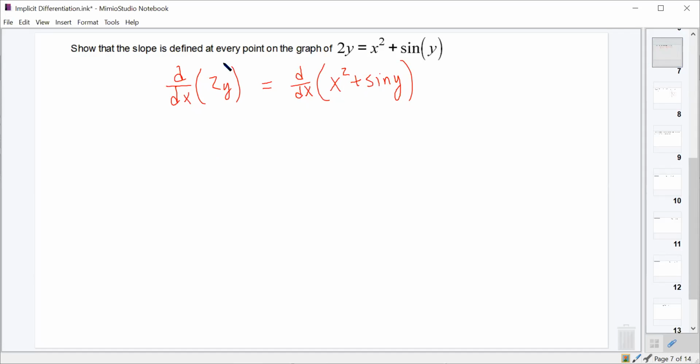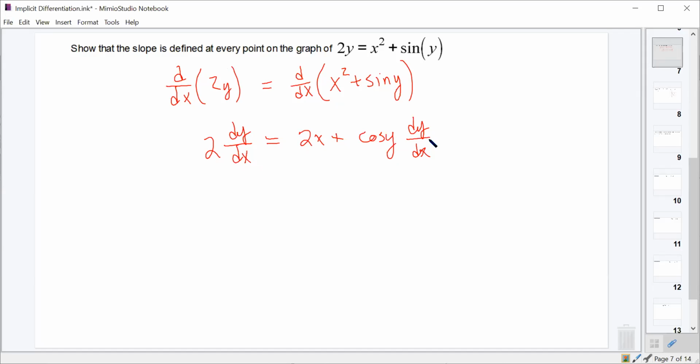What's the derivative of 2y? 2 dy dx, exactly. And then the derivative of x squared ought to be 2x. And the derivative of sine y ought to be cosine y times dy dx, exactly. And so now all we've got to do is get the dy dx terms to one side and solve